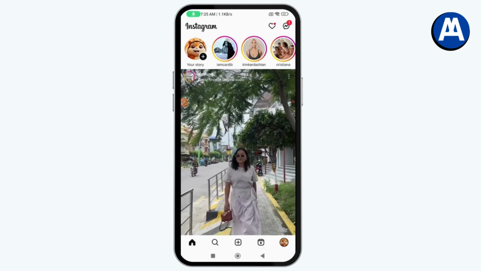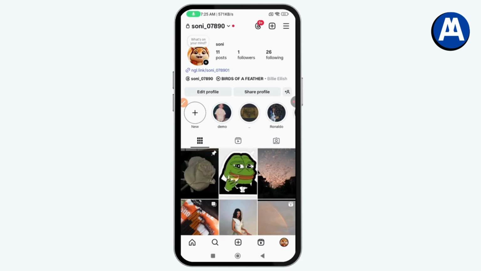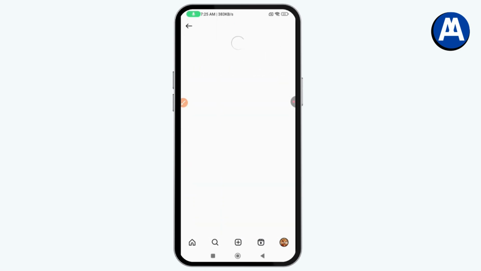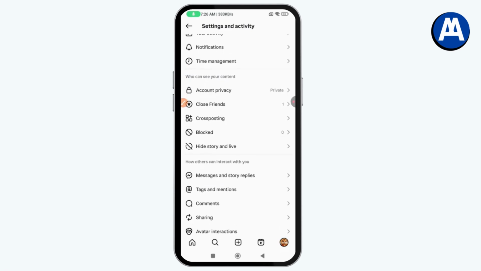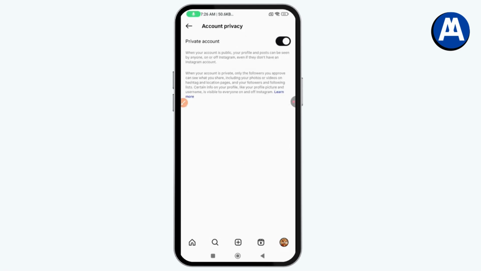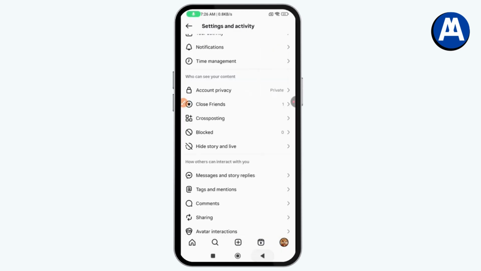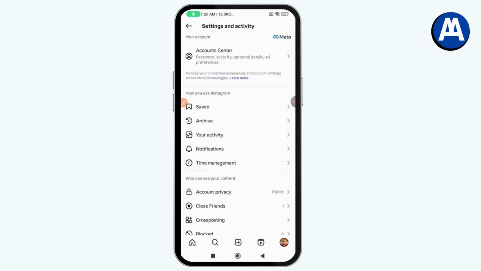After opening your Instagram, you need to go to your profile, which is on the bottom right, and then go to the upper right, which has those 3 horizontal lines. Now here you need to go with account privacy and switch your account to a public account. Once you switch your account to a public account, you can go back, just reload your page, go to your